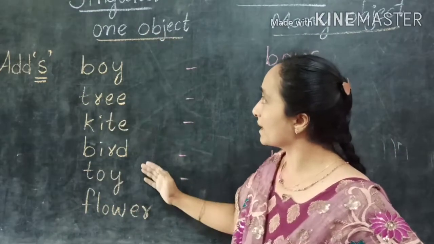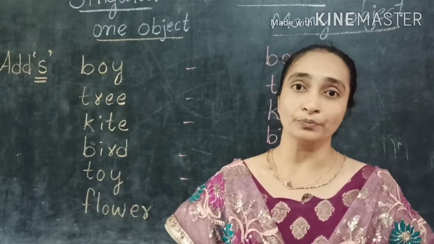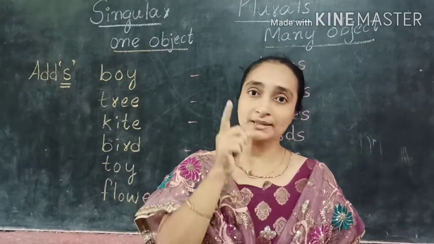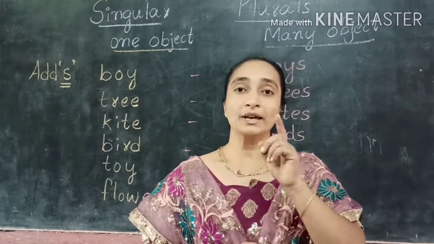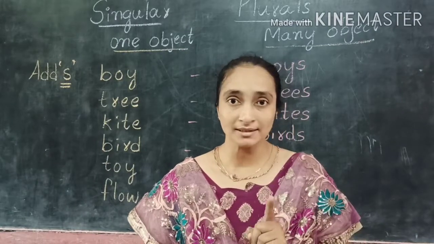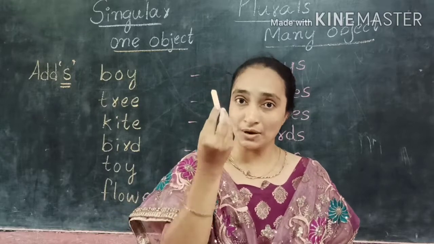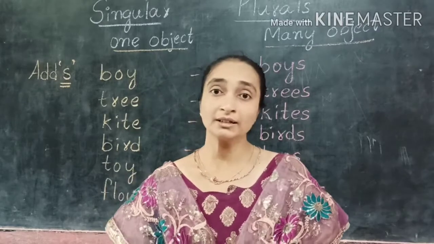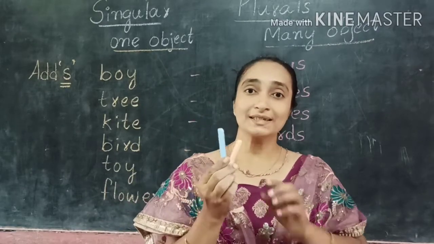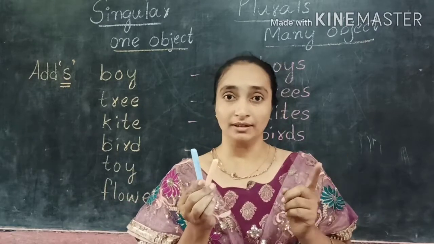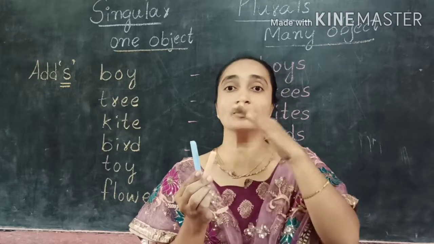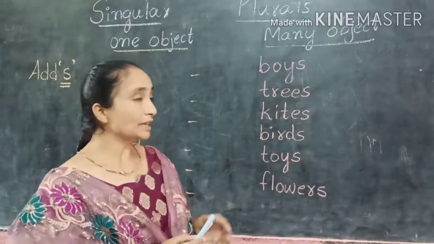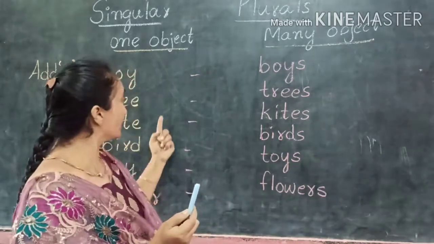So one object means that is singular form. We are only saying about one object: one person, one animal, one thing, anything. Suppose a chalk piece is there, only one. So this is singular. Suppose I am showing two. So this is plural form, meaning more than one. Suppose the objects are more than one, that is called plural form. Only one object means singular.